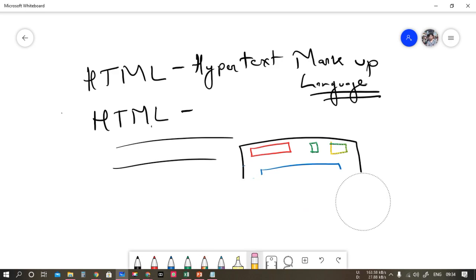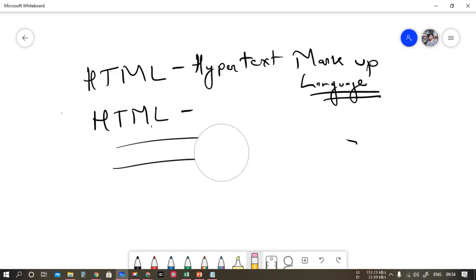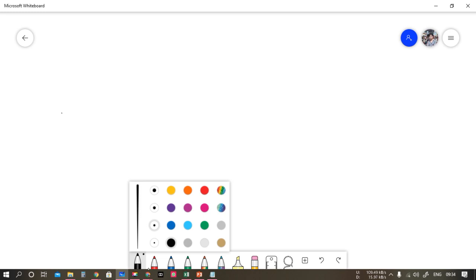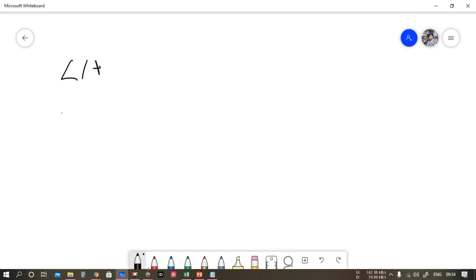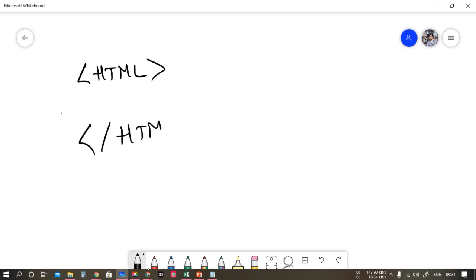So now what you have to do here is that every time you are writing a command in HTML for the web page, what you have to remember is to give this bracket, then write HTML, and while closing give a backslash and write HTML.